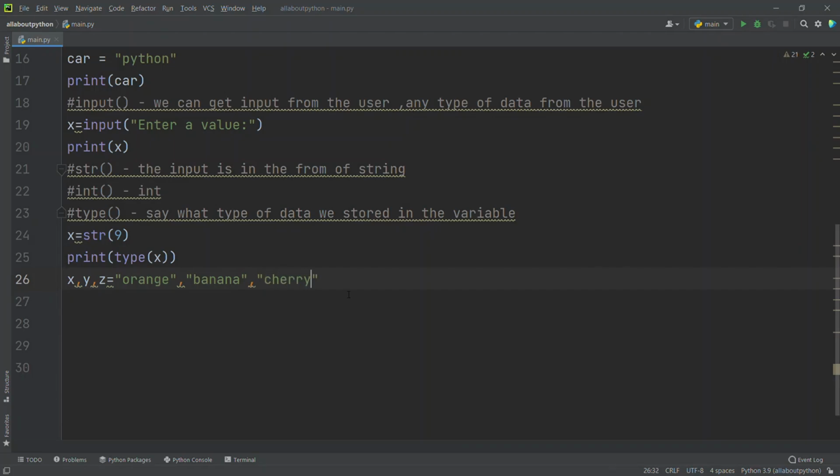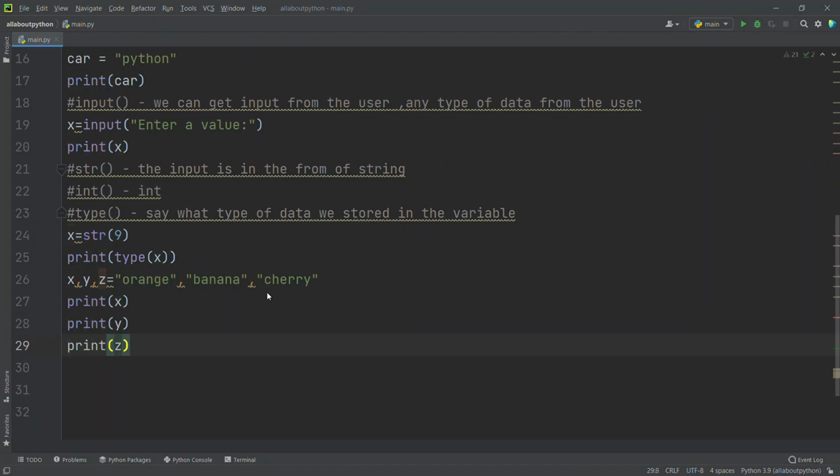Now I will print all three variables: print x, print y, and print z.